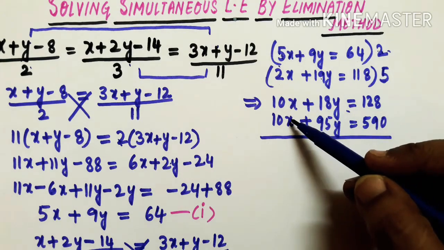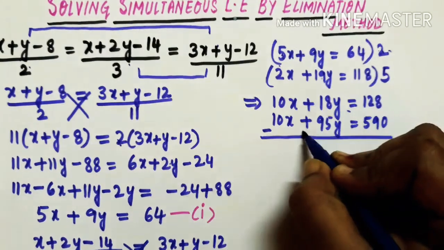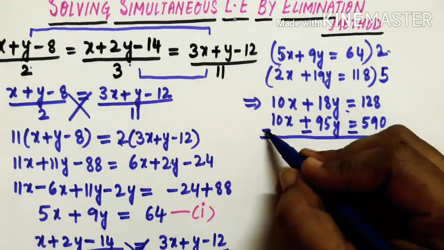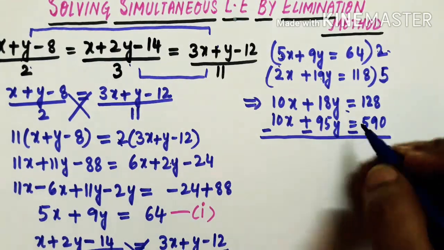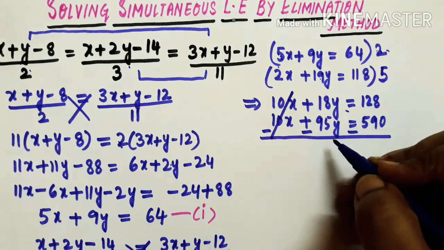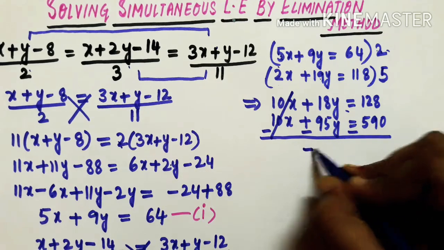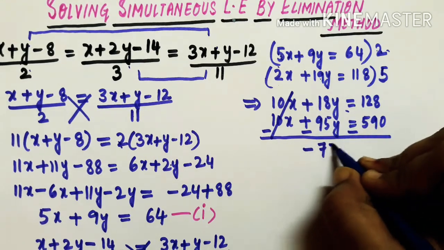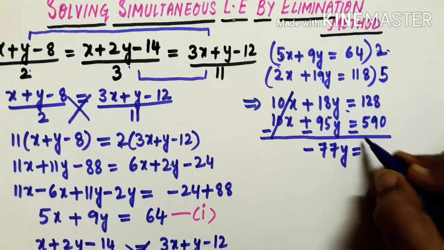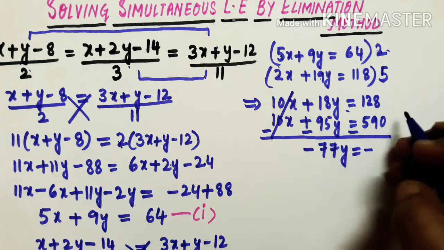See here, 10x and 10x. First of all, you just have to make it minus. So here plus, there minus, here plus, here minus, here plus, here minus, so you just have to cancel this. Now 18 minus 95, what is 18 minus 95? It will be minus 77y equals to, and here again you'll get minus, then 590 minus 128,